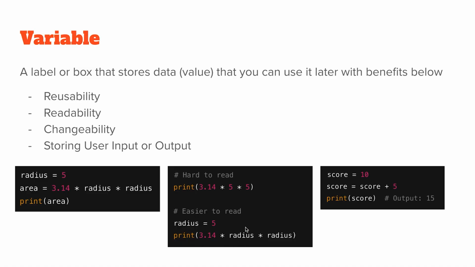If you write it this way, these two are the same, right? Also, the variable itself is changeable. So in this line, you store 10 in the score variable, and in the next line, you can update it by doing this. The new score here is the previous score, the old score, which is 10, plus 5. So after this line, score now becomes 15, right? So print of that would be 15.